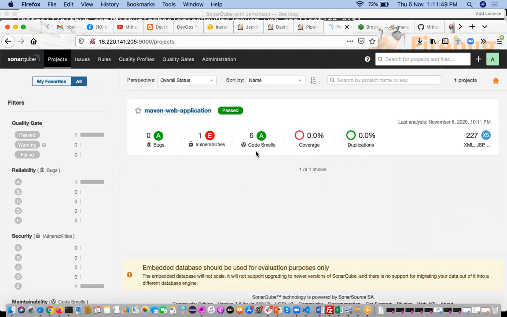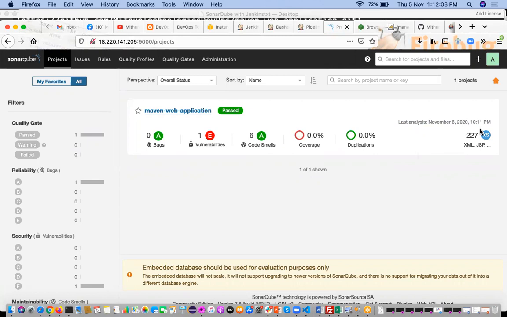Refresh it. See here, just now the build is over and the SonarQube report is displayed in the dashboard here. Number 6.